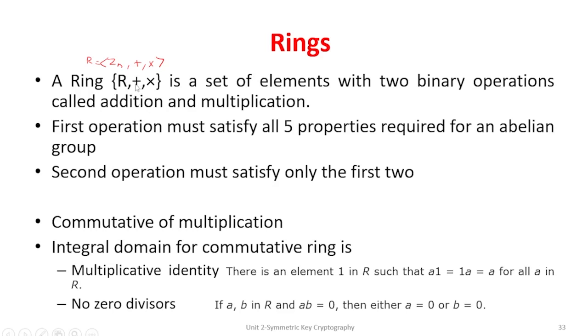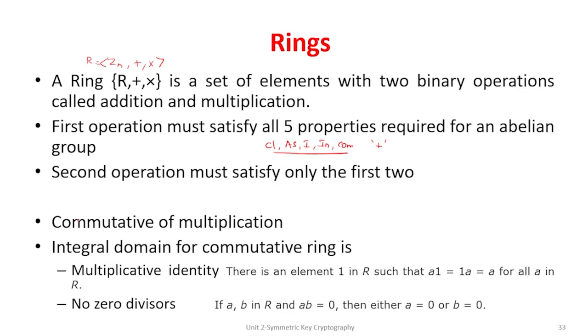The first operation in this notation is plus. So the first operation must satisfy the 5 properties. These 5 properties are like abelian group properties. That means closure, associative, identity, inverse, and commutative property. So we prove these 5 properties with the help of the first operation plus. Then it is called an abelian group. So all abelian groups are called a ring,